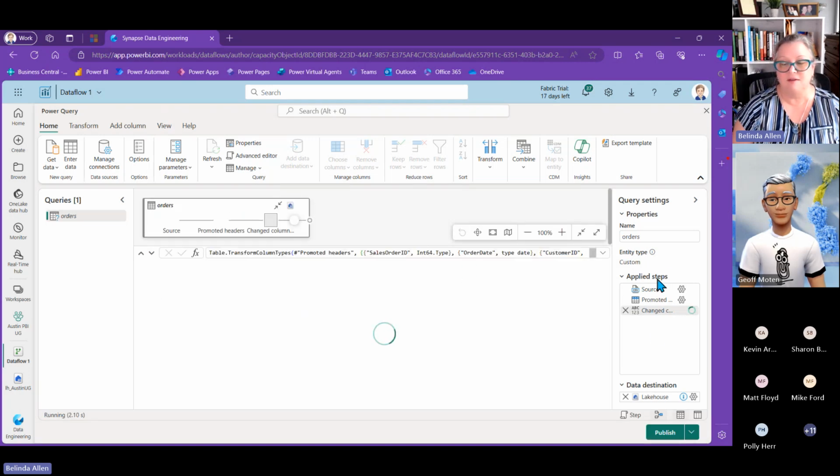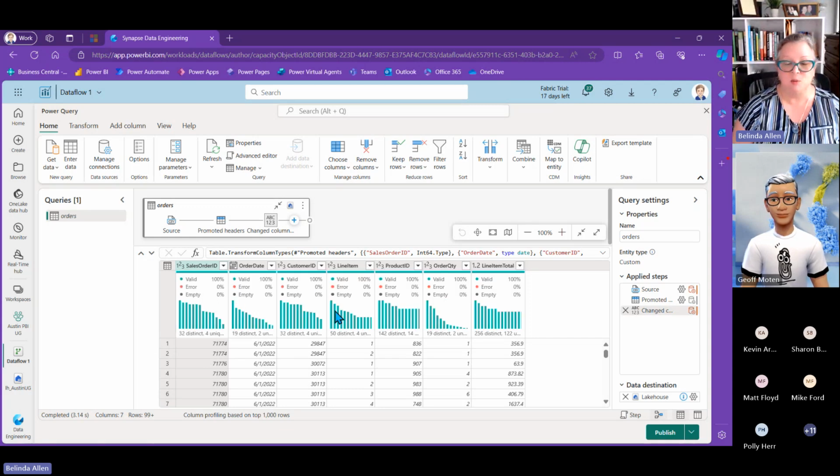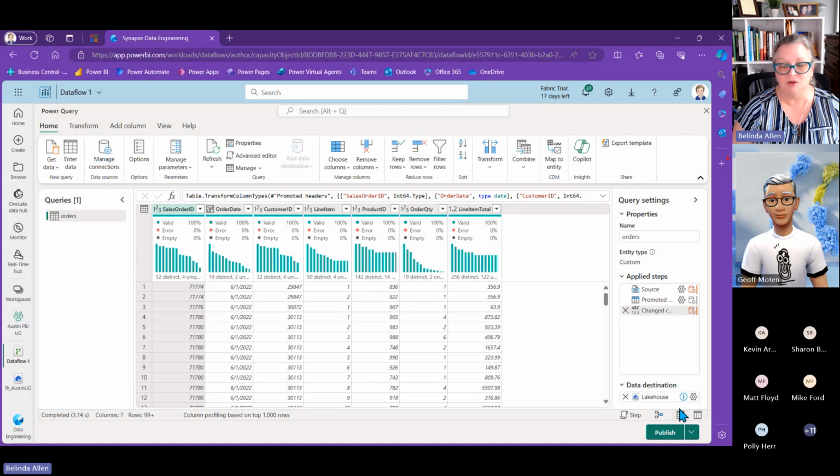And you notice I have my query steps, just like we have the query properties inside of Q&A. I can see some of my profiling here, so I could see information about my accounts. I'm still profiling on the top 1,000 rows, just like we're used to. One thing that is different is seeing this visual here, but you could come down to the bottom and remove that if that confuses you.